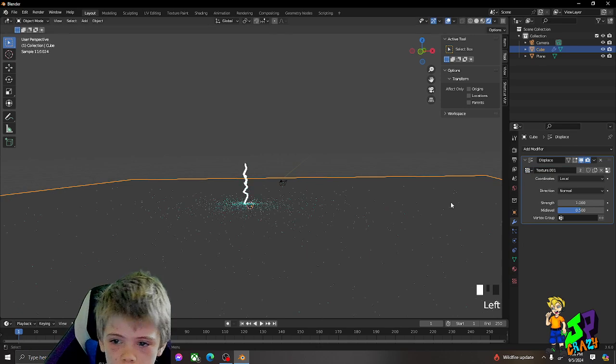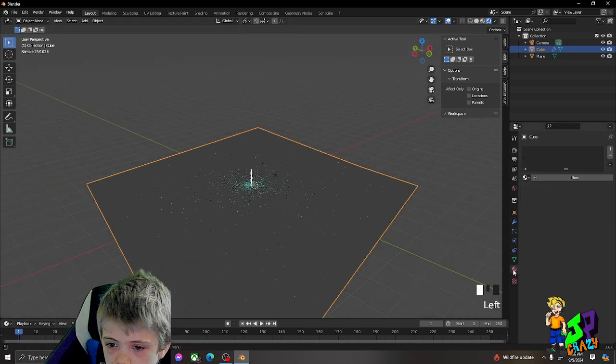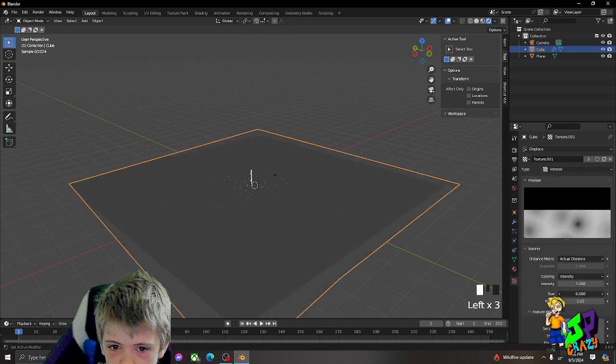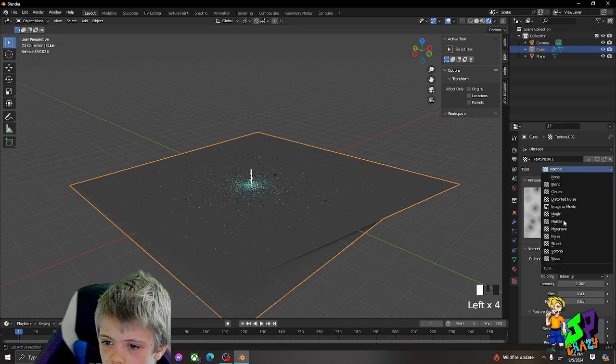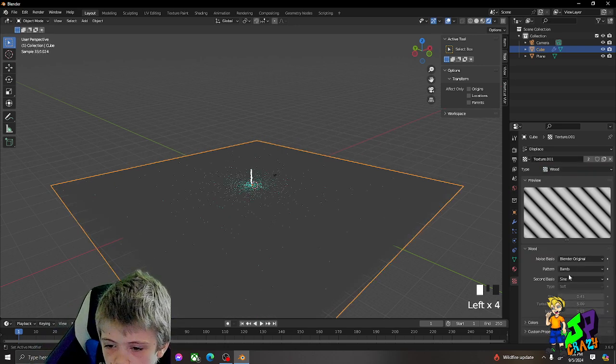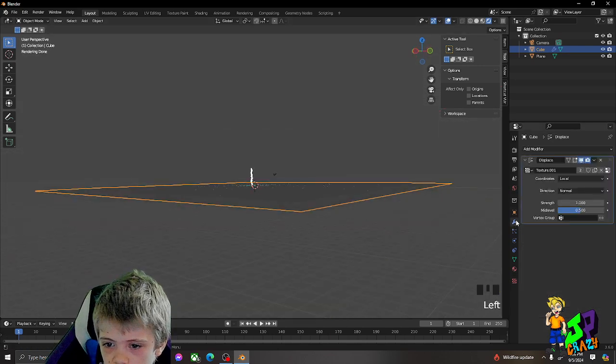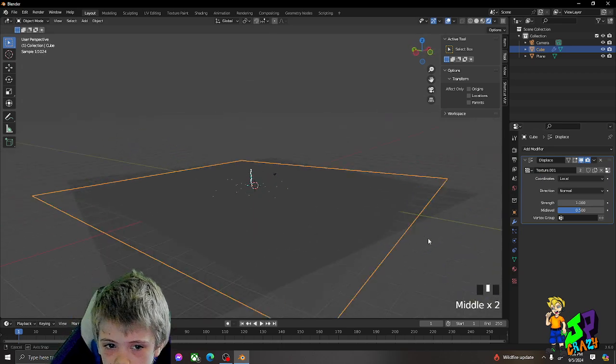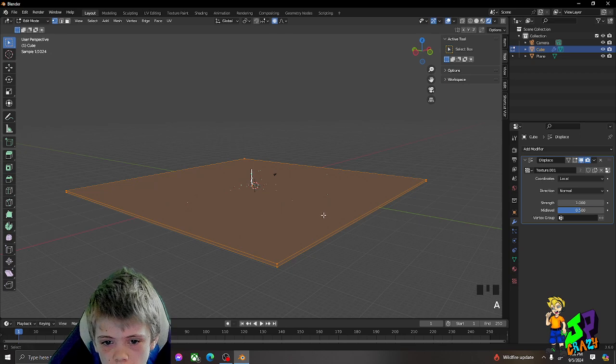Flip. No, that's not the right one. I think it was wood. Give this guy the wood. Oh yeah, make sure to subdivide.